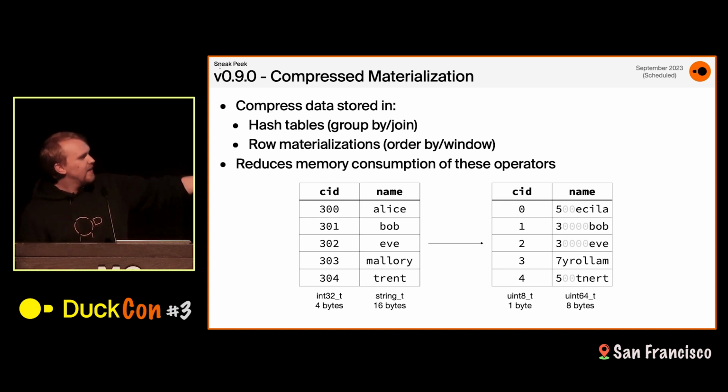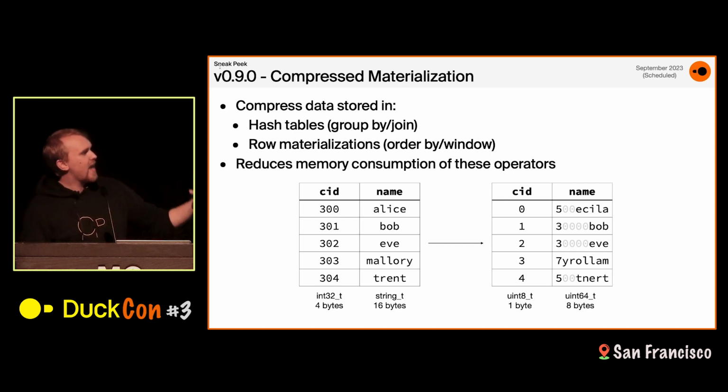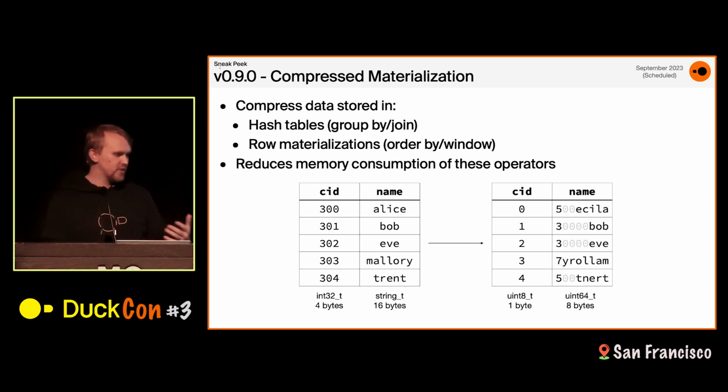Essentially, you can look at the statistics on top of the data types. And instead of storing the data in the original data type, let's say you have an int32, a 4-byte integer, if the difference between the minimum and maximum is small enough, you can end up doing some frame of reference compression and storing it in a smaller type.